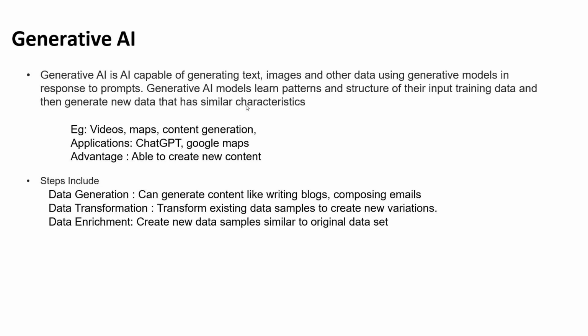You give your input, and then based on your input, you get the output. And that output could be data, it could be text, it could be images, it could be videos, etc. So, generative AI is all about getting an output depending on the input that you provide